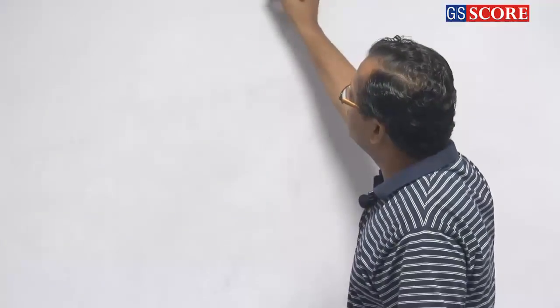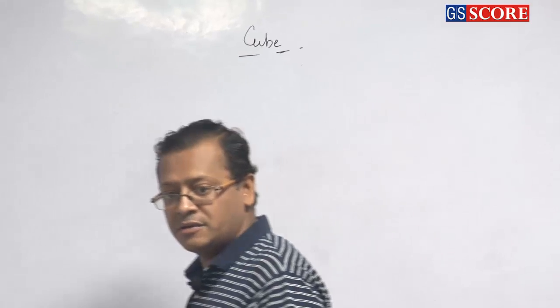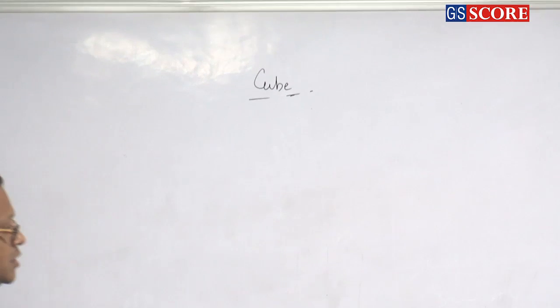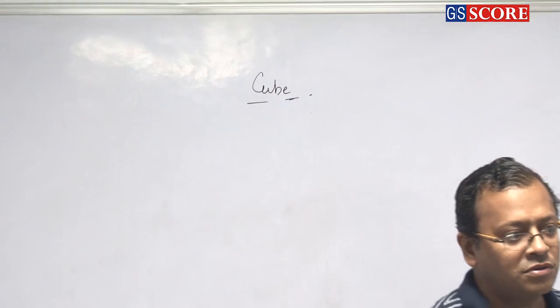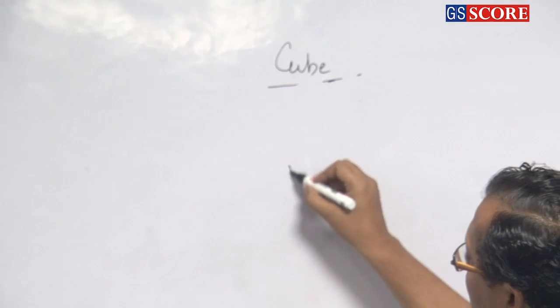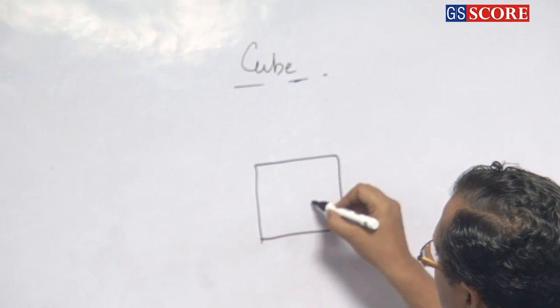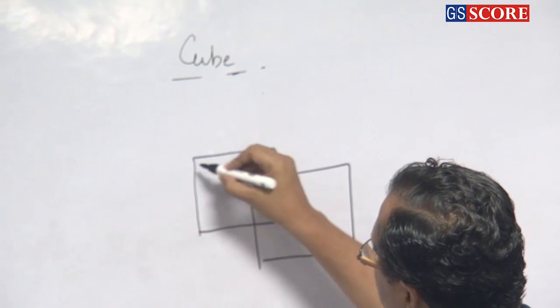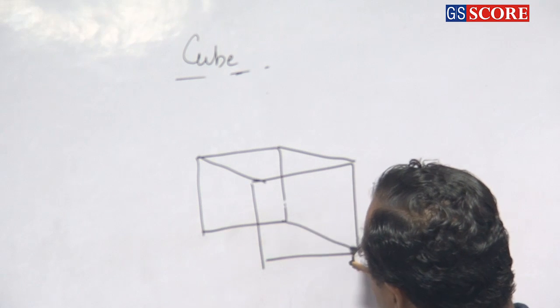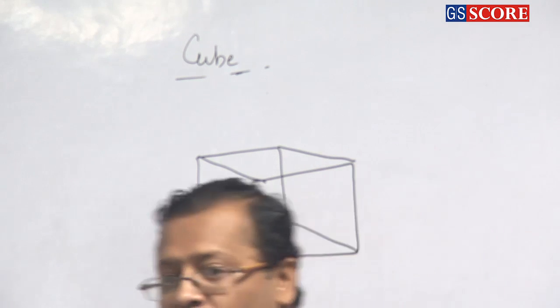First and foremost, cube. Okay. So what kind of questions are asked in a cube? I say this is a cube. So this room is also a cube to some extent, it is a cuboid, but assume this to be a cube, clear or not? If that being the case, how many faces are there in this room? 6 faces.